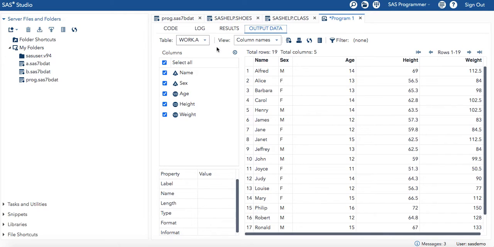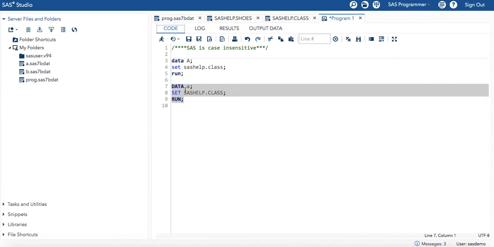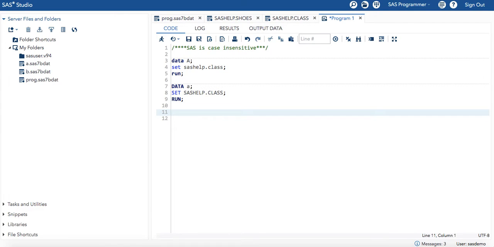So again, it has created a dataset A. Despite the fact that I wrote A in lowercase, it understood the code and created the dataset A. Okay, so that's why we say SAS language is case insensitive. It doesn't matter whether you write in lowercase letters or uppercase letters, it will understand it. The second thing we learned in the last session was